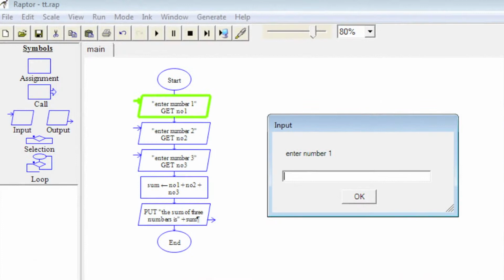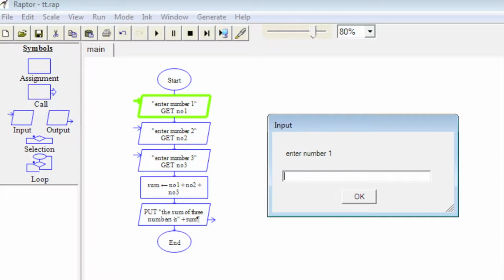Then next, the input symbol for reading the number 1 gets executed. When this is executed, you are expected to give the first number to be added. You may watch on the screen for this. Now give the first number. Continue the execution of the flowchart.